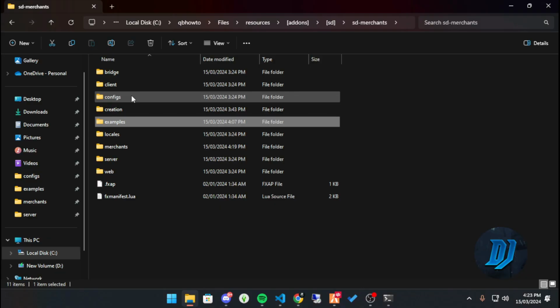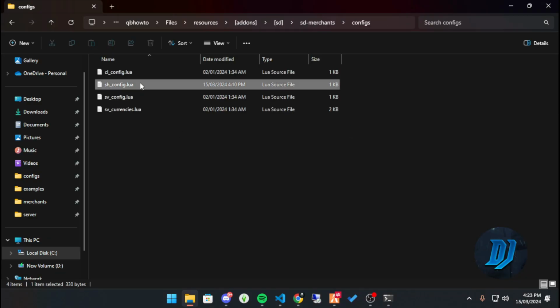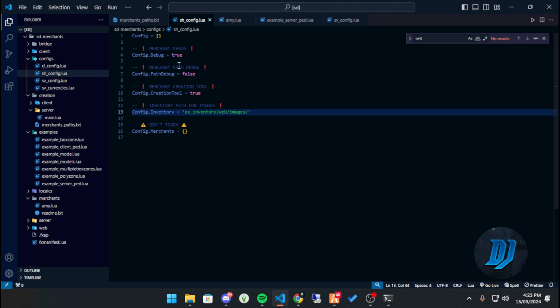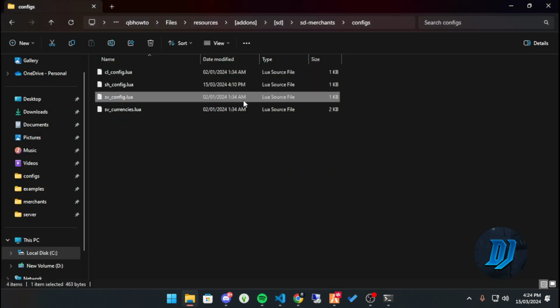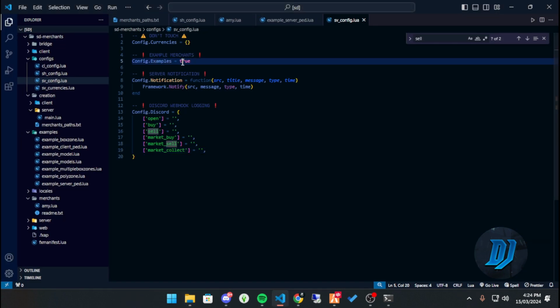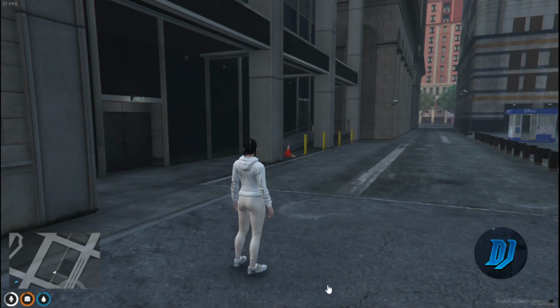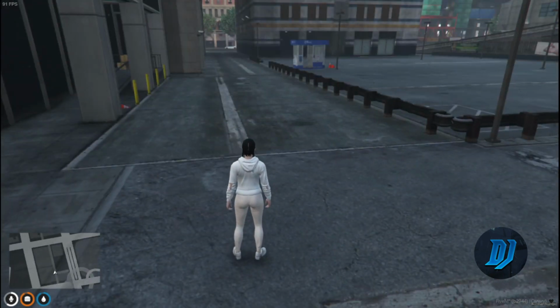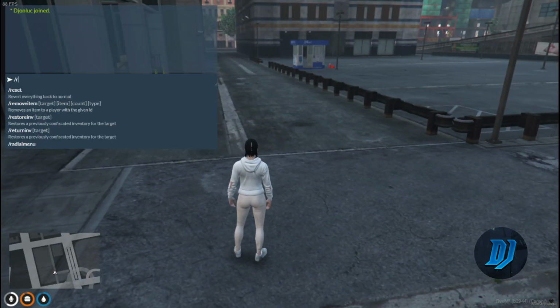Well, we can. Let's go to config. I don't want to go to shared config. Now these are important to have. Make sure that your debug is enabled. Path debugging, you don't need it. Make sure config creation tool is true as well. And second thing, if you want to have the examples enabled, you want to make sure that examples are true as well. I have examples enabled, but we'll go over that in a second. So once that's done, you want to hit /